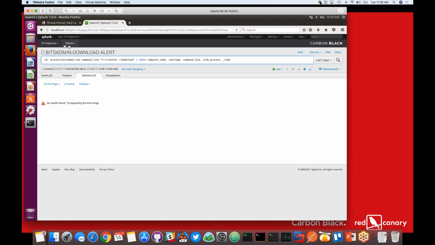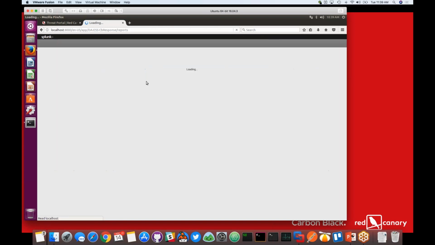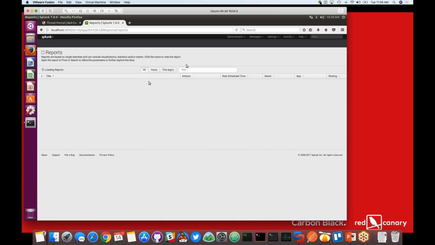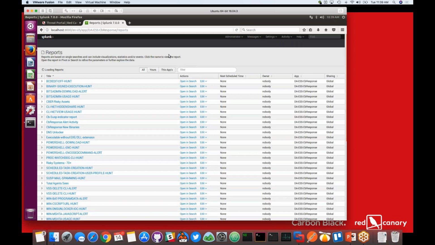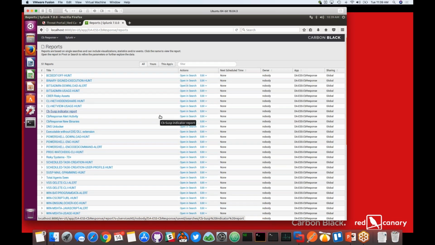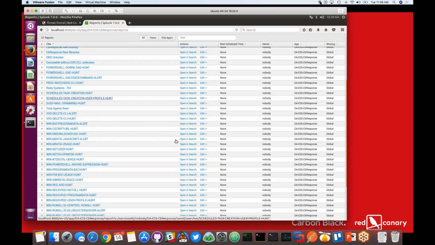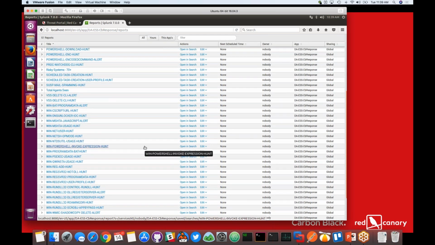And you kind of caught a quick glimpse here about how many reports that we had saved inside of Splunk. I've added a lot to it as well for this recent update. So there's a lot of information, a lot of things you can look at, a lot of behaviors, a lot of different hunting ones in here. And again, you can go get the app, it's free, and open these up, and you're able to see all these saved searches. Like right here, PsExec hunt usage. It's literally just looking for PsExec usage within your organization.